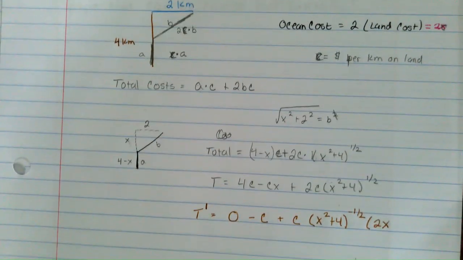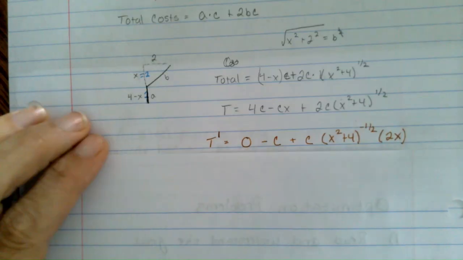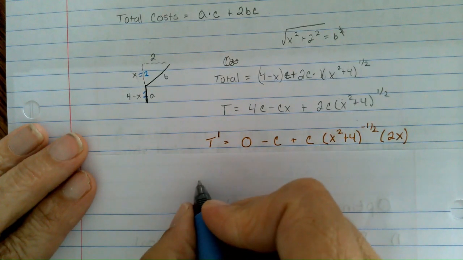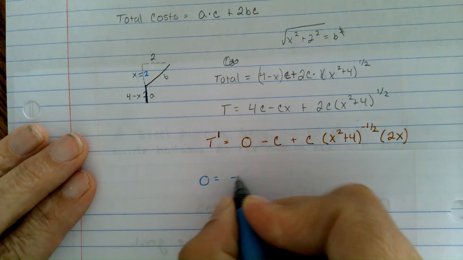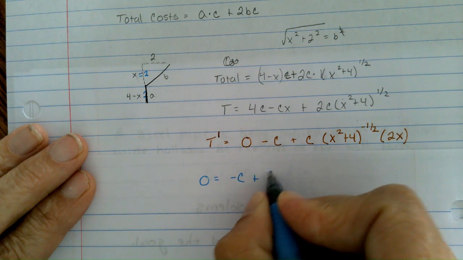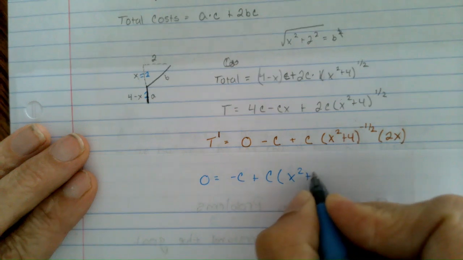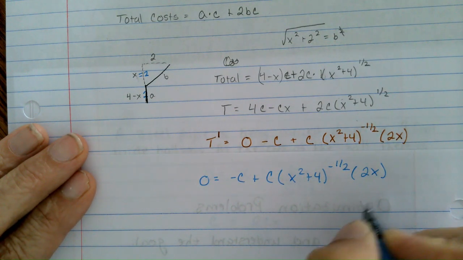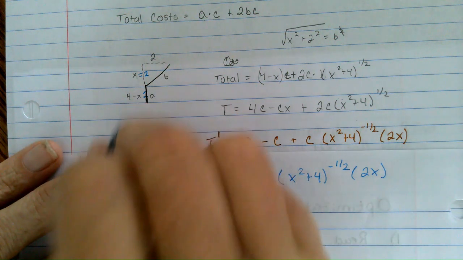Okay, so now that we have our derivative, now we can set it equal to 0. So 0 equals negative C plus C multiplied by x squared plus 4 to the negative 1/2, and that's being multiplied by 2x. And I want to be able to keep my picture